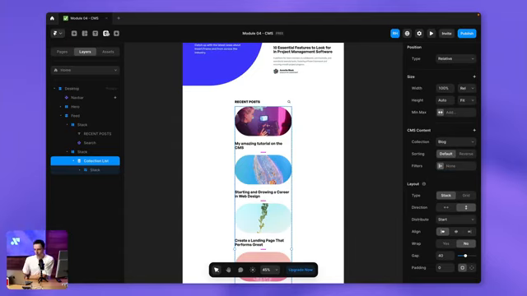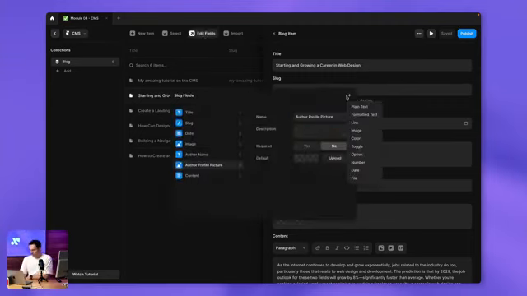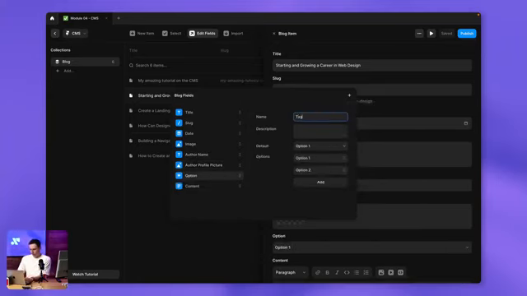So let's say, for example, we go to our CMS here, and let's edit the fields, and let's add a new field in here called option. And let's just call this tag, and this is where we could use different tags. So let's say we want a blog and we want to show different tags based on whether this is a company announcement, a bit of news, a bit of advice, maybe it's a tutorial. There's lots of different tags we could apply. So let's just create a few dummy ones here. So we've got news, we've got company,